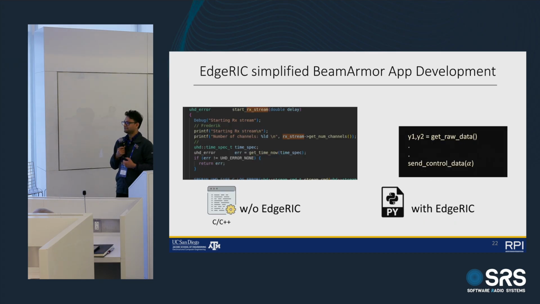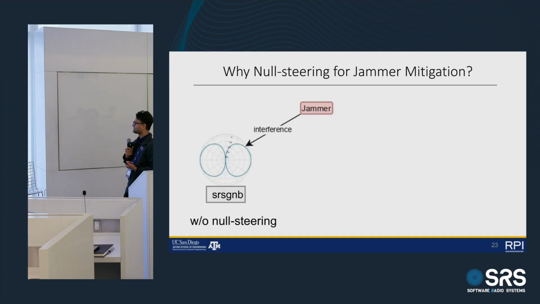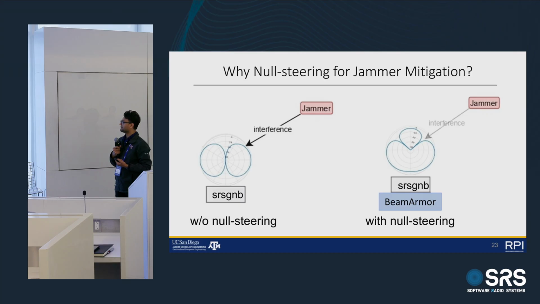Without EdgeRIC, you would be really looking into hundreds of thousands of lines of code in srsRAN, trying to figure out where MIMO channels are extracted and how it works. With EdgeRIC, you simply have one line to get all the channel information you need and one line to send your policy back. So your entire focus is on designing your policy rather than scratching your head looking into the large code base. We make this process simpler for you, right? So this is one of the policies.